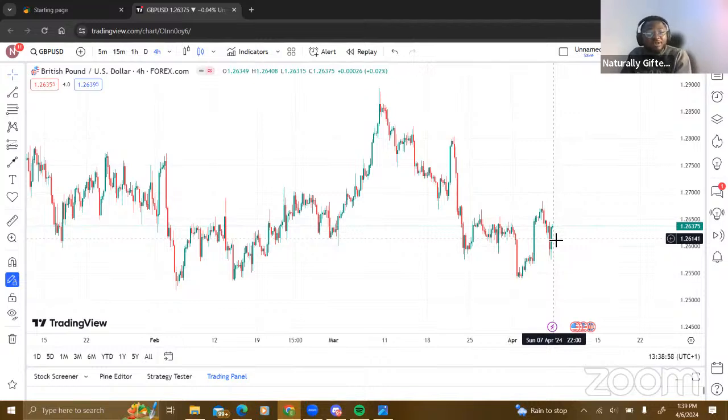The market moves in the direction of liquidity. That's to say that if you have two people putting in about $5 billion to sell GBP USD right now, and you have 10,000 people putting in $2 billion to buy GBP USD, let me know in the chat box, what do you think GBP USD will do? What would GU do?